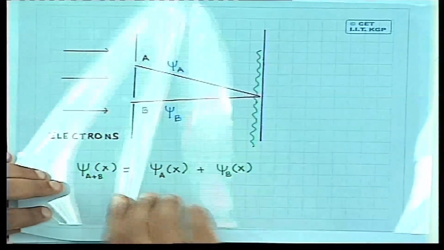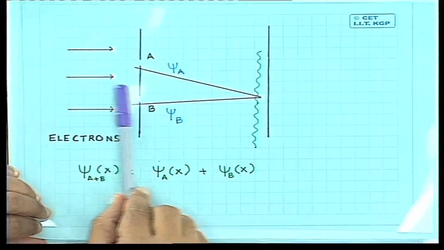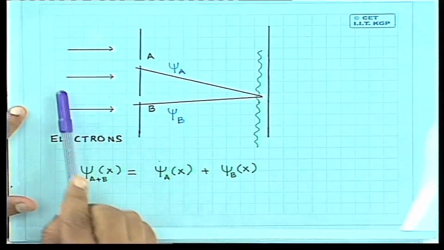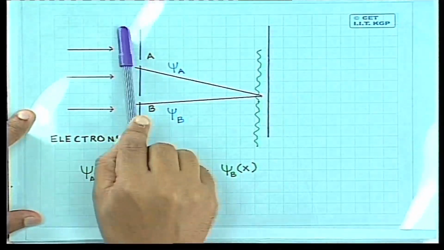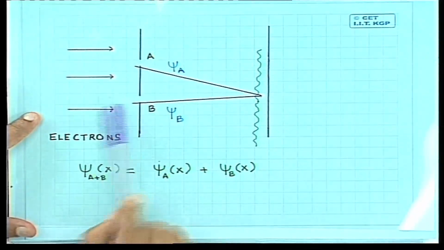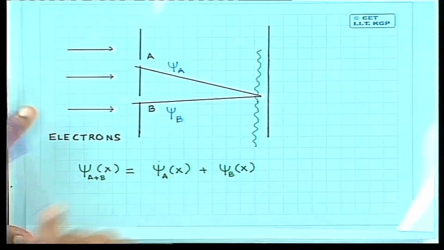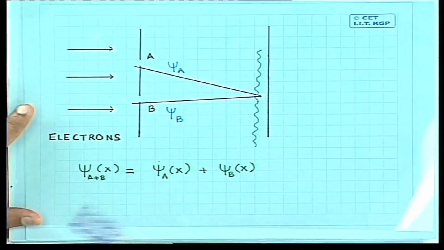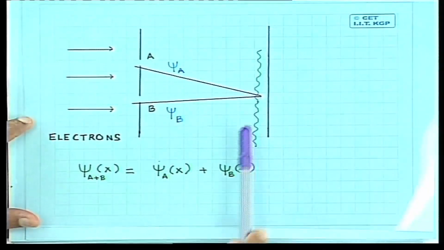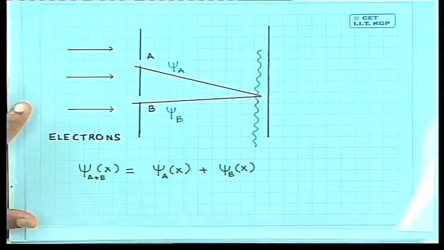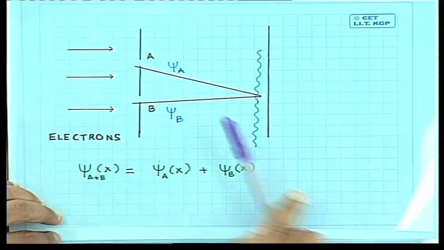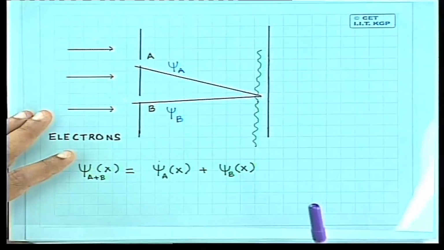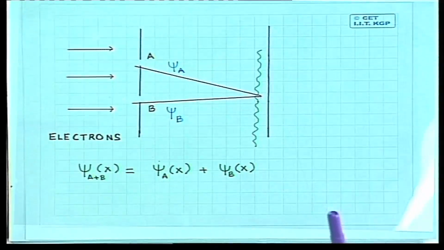So when the electron propagates from here, goes through these two slits and arrives here, in this intermediate process we have to describe the electron in terms of a wave, which is there everywhere. You cannot say that the wave is here or here. It is there in both of these places. It is there everywhere. But when you detect the electron, you find that you only detect one electron at a time. So the electron suddenly materializes at one point. It is no longer there everywhere. It is there at one point. And the probability of finding the electron is given by the wave function. So I hope the significance of the wave function is clear.